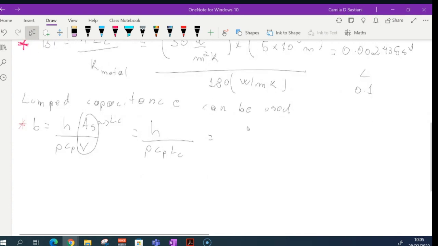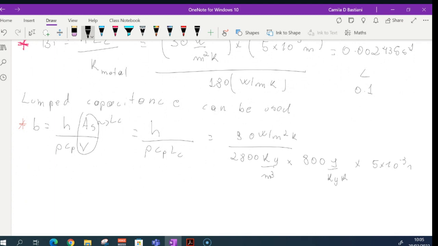Therefore, my B constant is going to be 30 watts per meter squared divided by 2,800, that's the density given in the problem, multiplied by 800 joules per kilogram Kelvin, that's my specific heat, multiplied by my characteristic length. So my constant B is going to be,